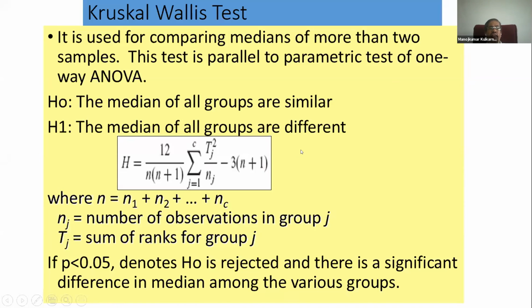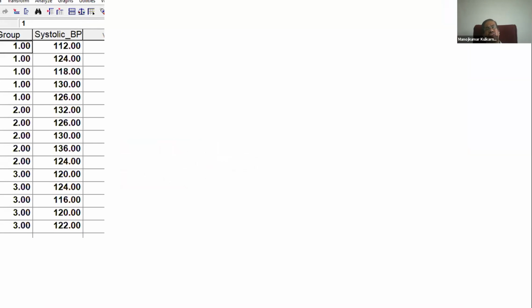And note down N1 and N2, the number of observations in each of the groups. Find the sum of the ranks. Here also you have to do the same thing. Mix all the groups, and find out the ranks of each of the respective observations. Suppose you are carrying out this using the